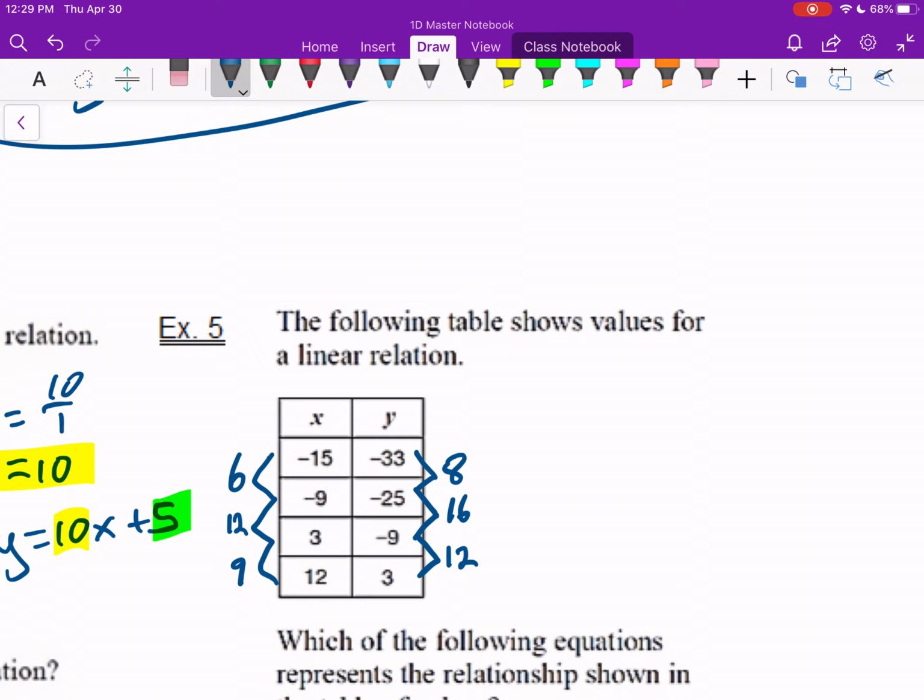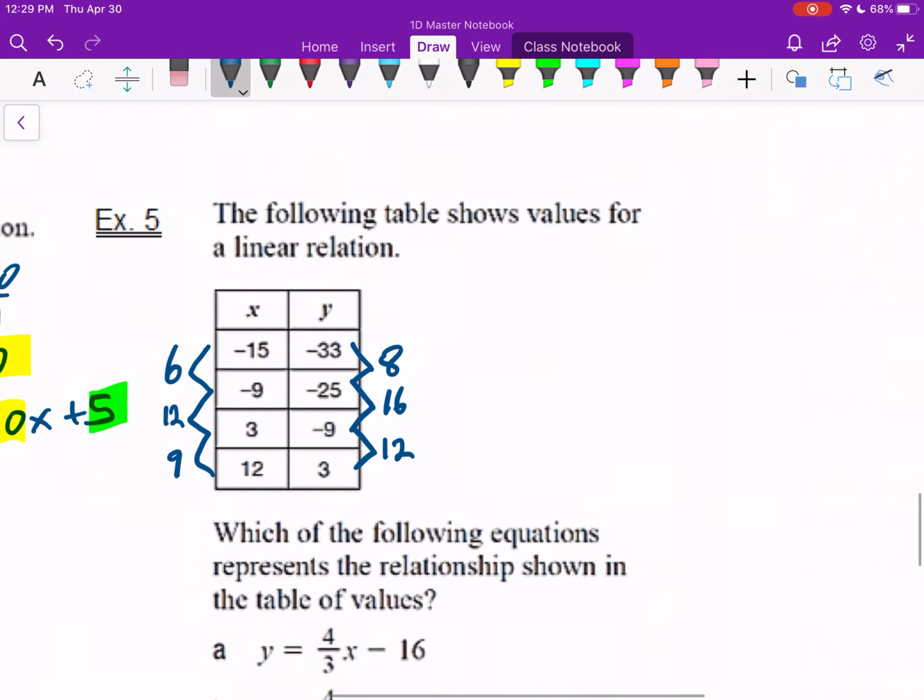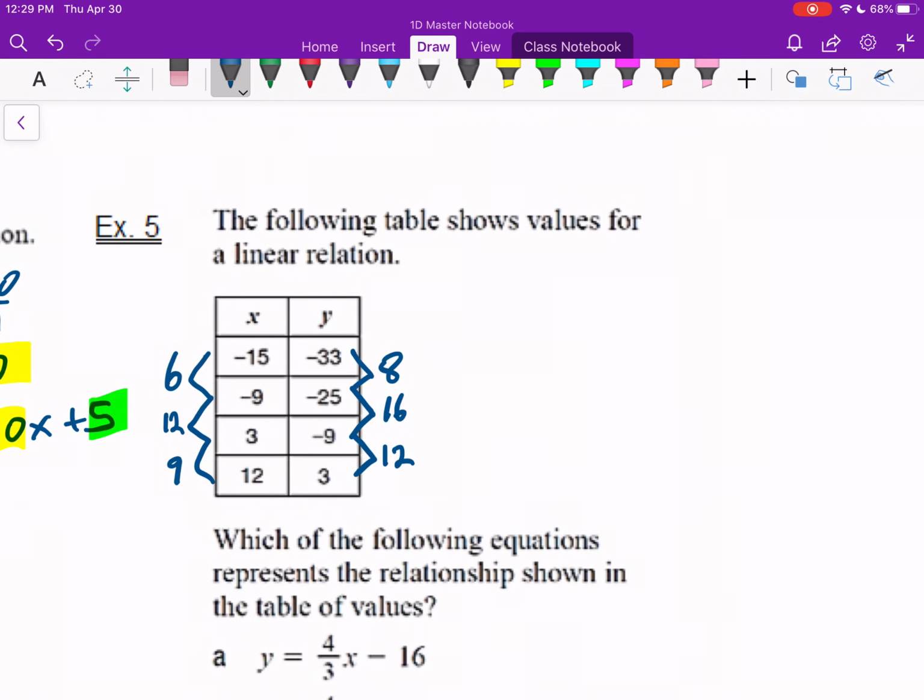Well, remember our slope formula? I can get our slope from 2 points. These are actually 4 points here. Here's a point, here's a point, here's a point, here's a point. Those are ordered pairs, right? I could think of them as x1, y1, x2, y2, x3, y3. I don't need to use all of those, but I could use all of them if I needed to. But actually, getting, say, this,